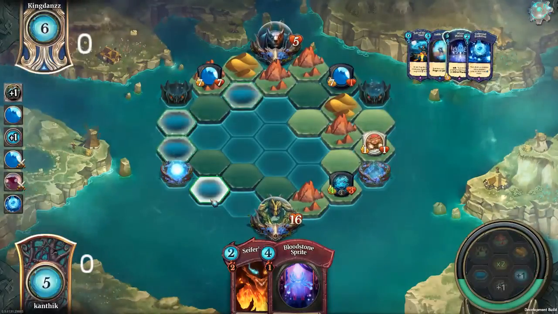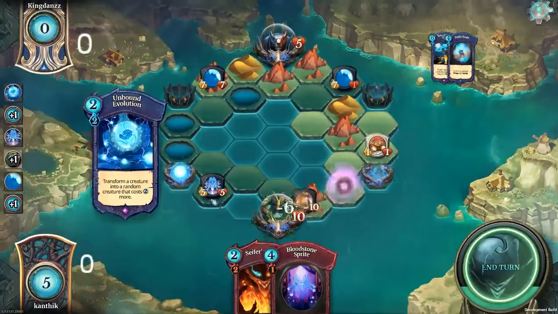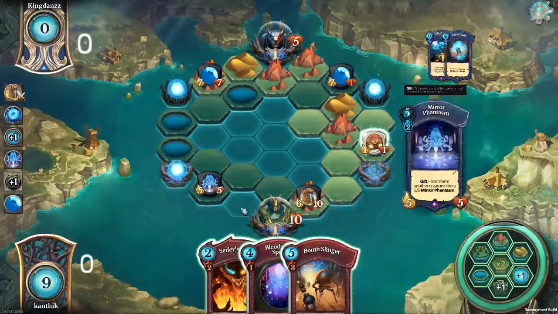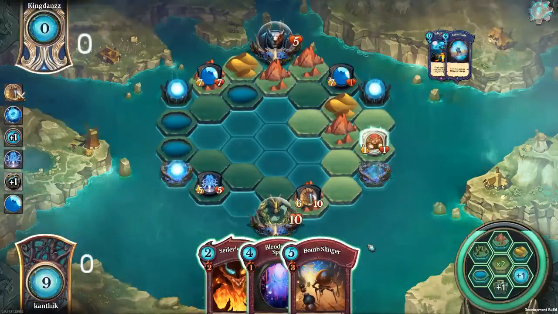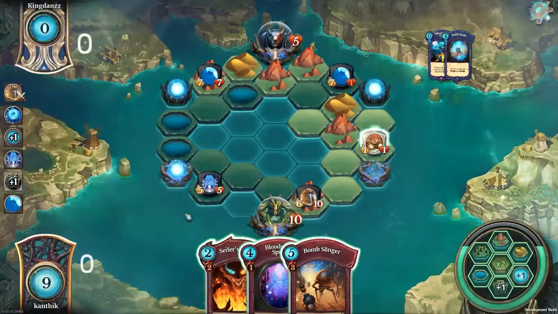Yeah, you've got to be wary of leaving your creatures at 2 health at this point. Yeah, I imagine he's worried that he's on a bit of a clock right now. Okay, so this way actually sets up a guaranteed 2-turn kill if he can't deal with either of these creatures. Fortunately for Kanthik, he can remove the Mirror Phantasm with Bombslinger Cypher's Wrath. But that means he doesn't get to draw a card. That would buy him another turn, so...